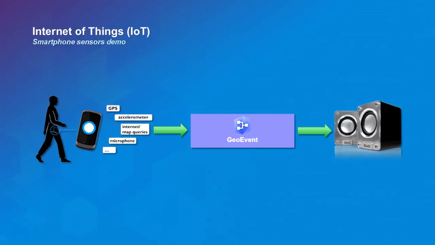So the demo works like this. I have a small piece of software installed on this device that I developed, reading data from the accelerometers, and we send it to our backend, GeoEvent in the cloud, on Amazon EC2 machines. Then it will do the detection. If I move too fast or anything, it will send back the alert to my computer here, which is a different device, and then the output will go out to the speaker as text-to-speech. So let's test it out.